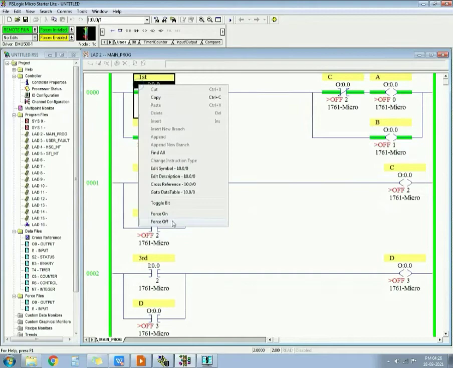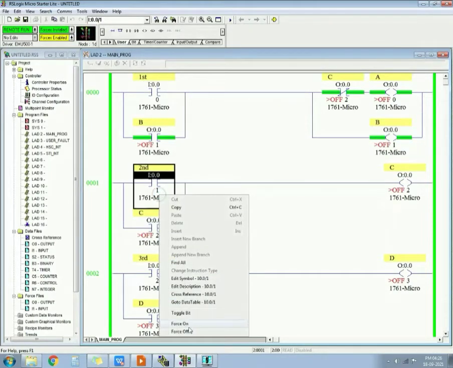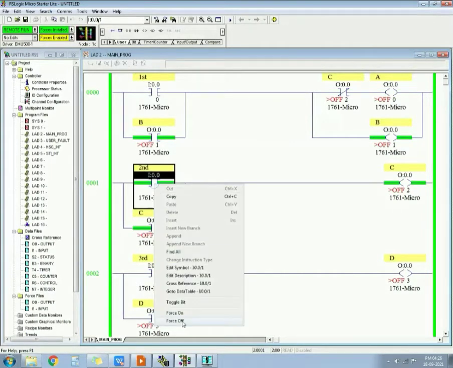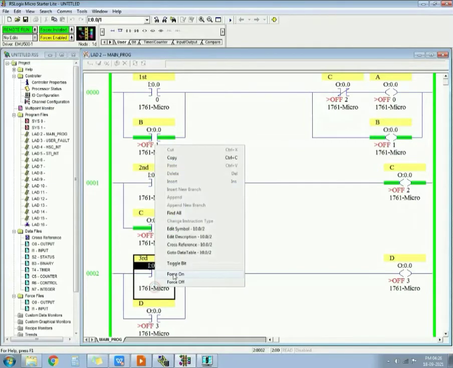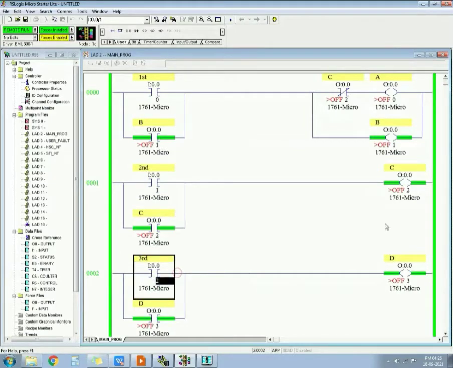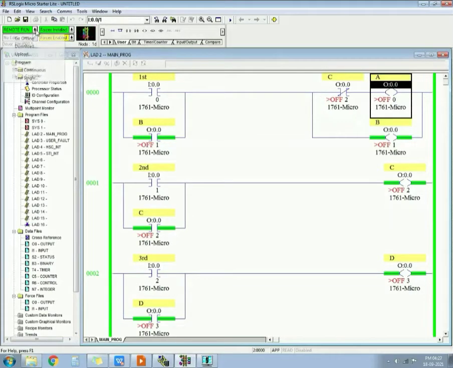When I press this, A and B get on, perfect. When I press this, A gets off and output C gets on. When I press this, D gets on, but output A does not get on. So I have to make some arrangement so that output A also gets on. I have to use some circuit so that it can pass supply. I have to make some alternate path to reach output A.